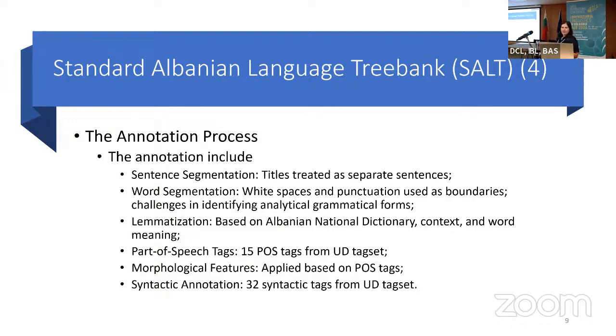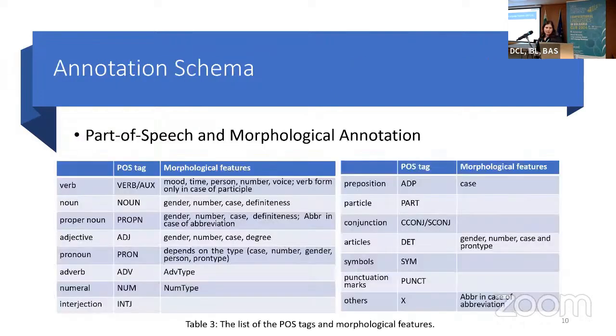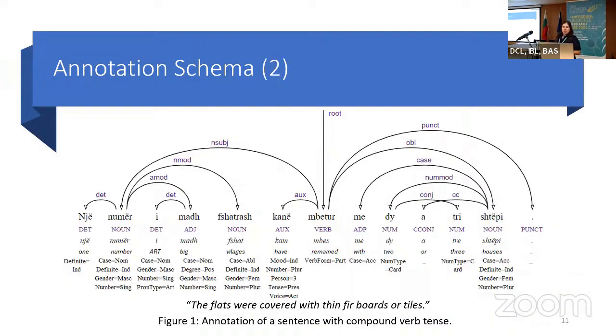We have used 50 POS tags. Then, depending on the POS tag, we have used some morphological features, and then we have used 32 syntactic tags from the UD tag set. In these slides, I have put all the POS tags that we have used and the morphological features with each of them. There is an example of one of the sentences with